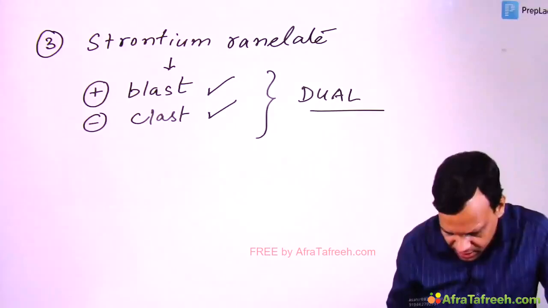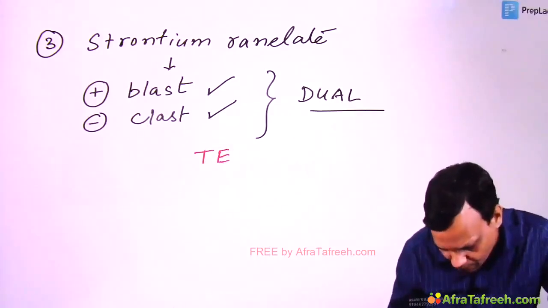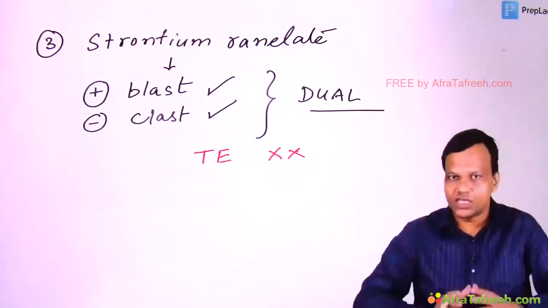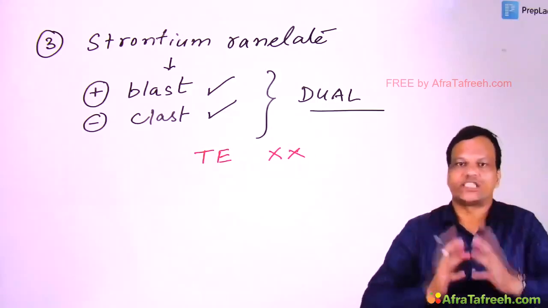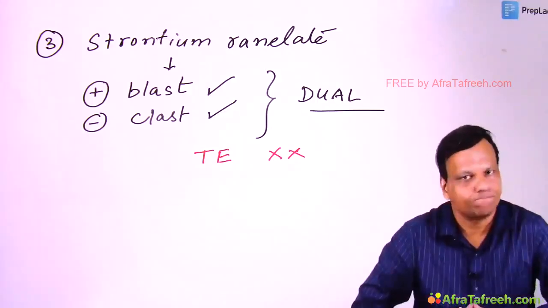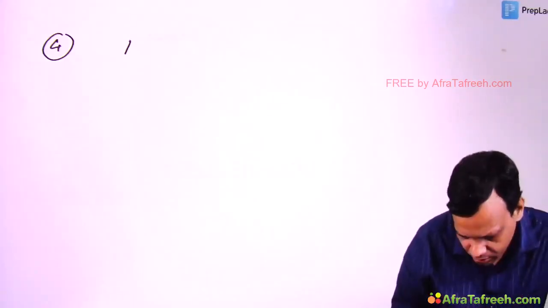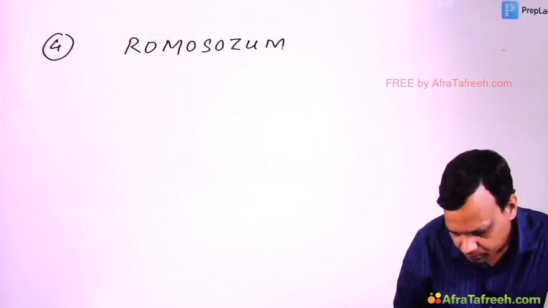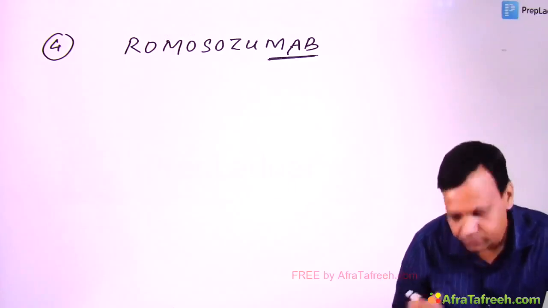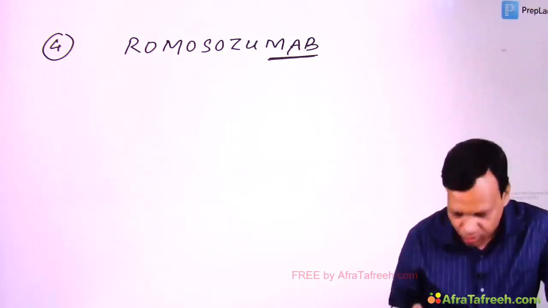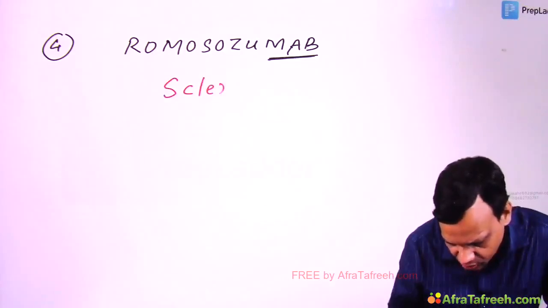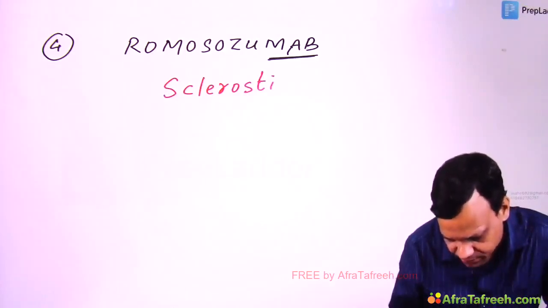But the problem is it increases the risk of thromboembolism, so it is not commonly used. But important MCQ: which drug has dual action? It is strontium ranelate. Okay. The next drug is romosozumab. Another monoclonal antibody. But before discussing romosozumab, we need to know there is one endogenous substance called sclerostin, osteosclerostin,